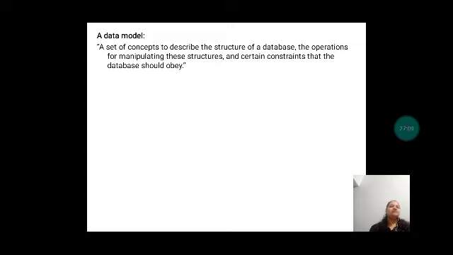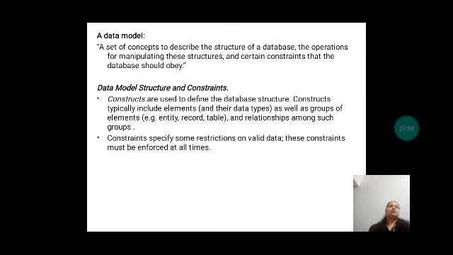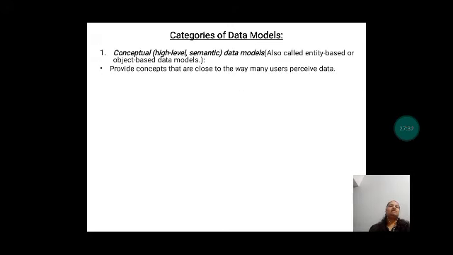This is a set of concepts to describe the structure of a database, the operations for manipulating these structures, and some constraints, that is, conditions that the database management system should obey. The data we are storing in a database should obey them, right? So we saw what those things are.